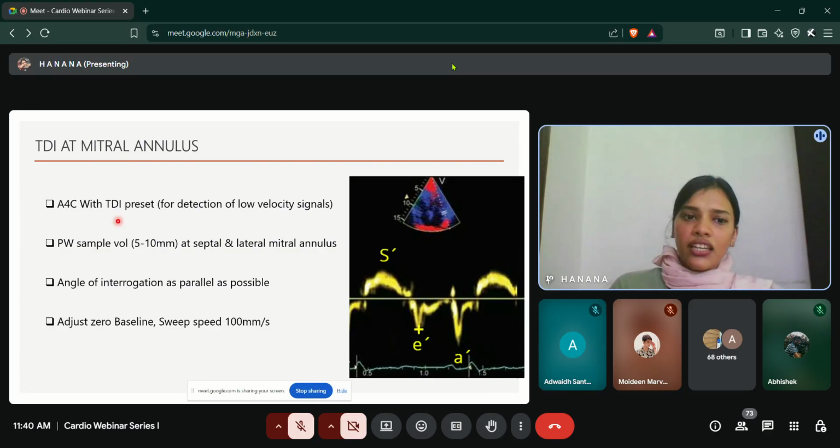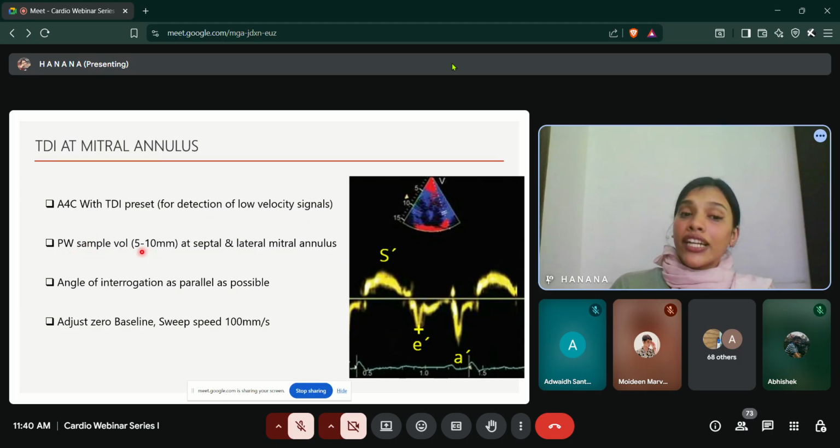Some machines have TVI, so depending upon your machine, you should take the TDI preset, which will be displayed with a green, a blue, and a red color display in the myocardium. It is used for detection of low velocity signals, like myocardial velocity signals. TDI means tissue Doppler imaging. So the TDI preset is taken for low velocity signals, and again the pulse wave Doppler is used,